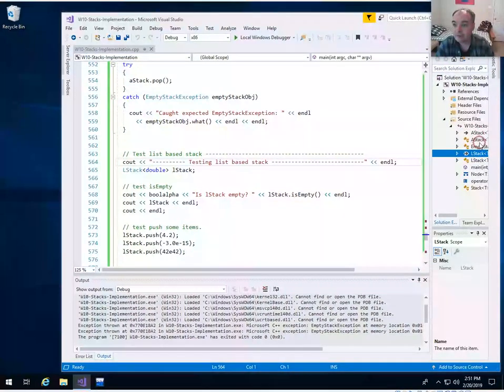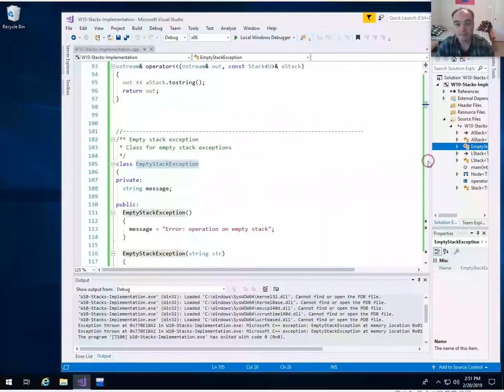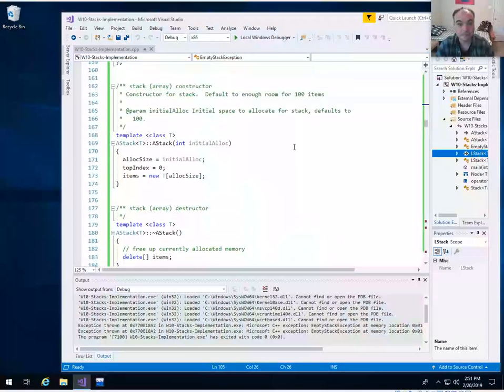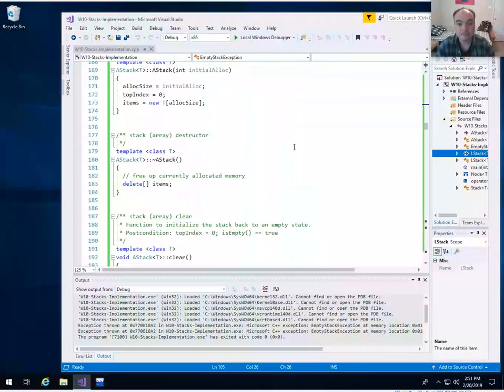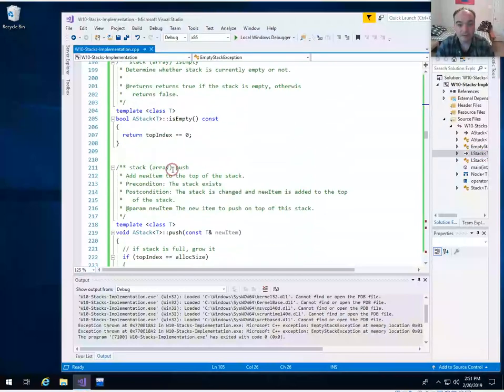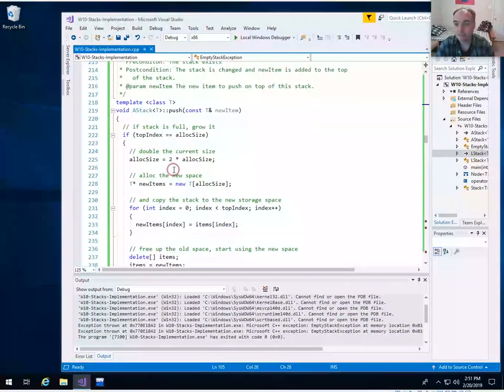So let's see here. These are all our array stack here. Oh,